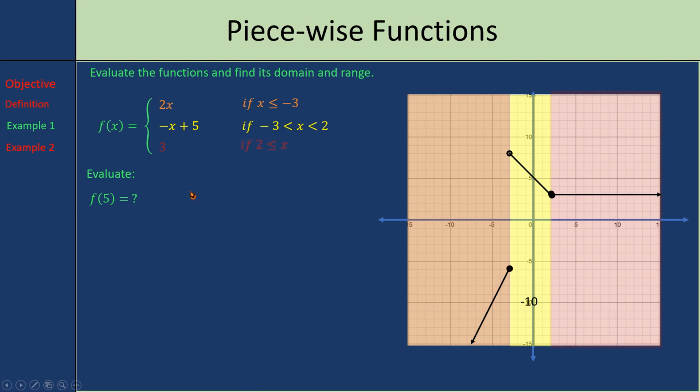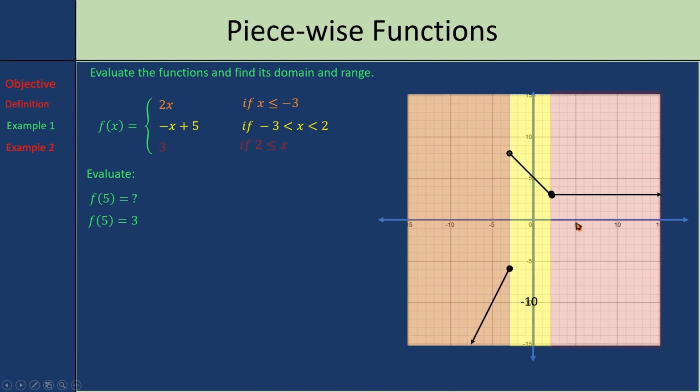There's another way to do it. You look at where it says x is 5. Which one is x 5? This one is less than -3, so that's not 5. 5 is not between -3 and 2. 5 is larger than 2. So I look at the red one, and the red one says f of x is equal to 3. So I have f of x is equal to 3, or f of 5 is equal to 3. Okay, so